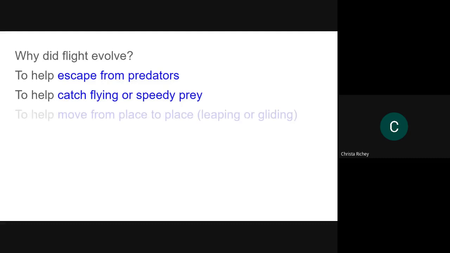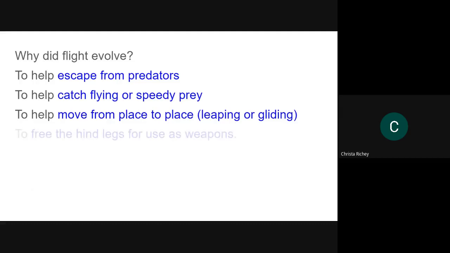All right, so for flight, once again, this is still answering whomever it was that asked the question, because I can't remember. They were either trying to escape things that were trying to kill them. They were trying to catch food sources, particularly insects, which could fly. They were trying to go from one niche to another for whatever reason. Maybe there was a better food source on the other side. Don't know.